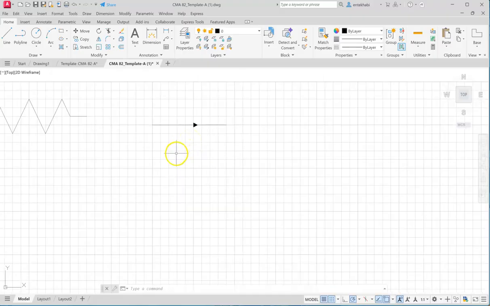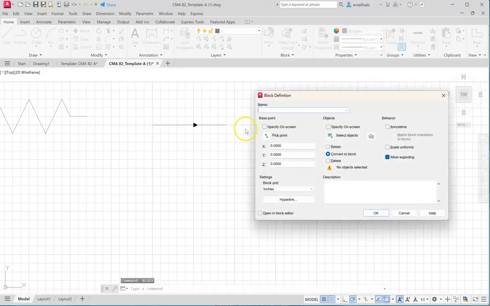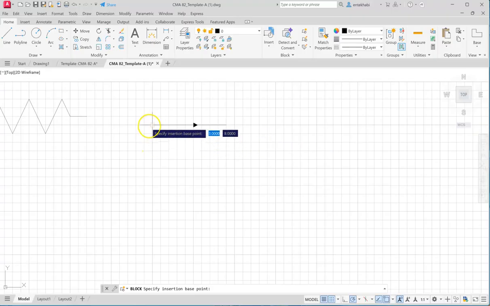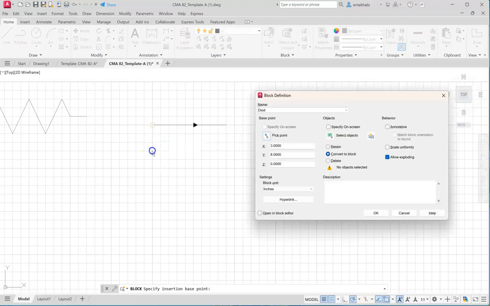Okay, so we will call that diode. I'm going to repeat this block command again one more time. Block. Start again by naming this one diode. And the pick point button to select the insertion point, which is again the left side.